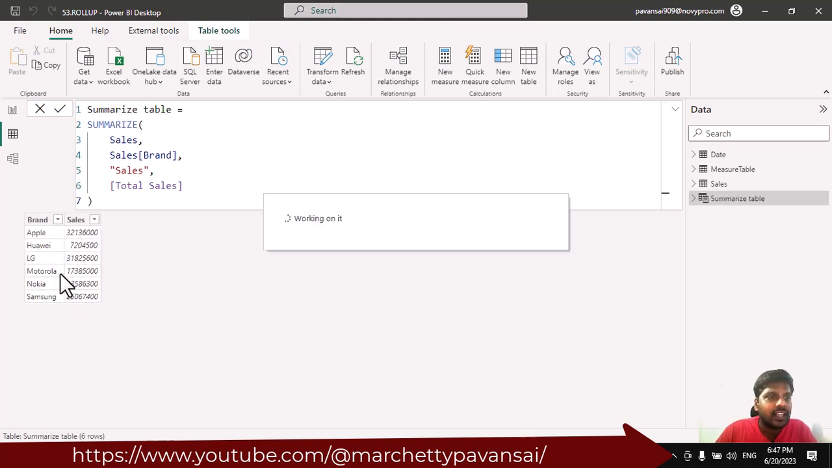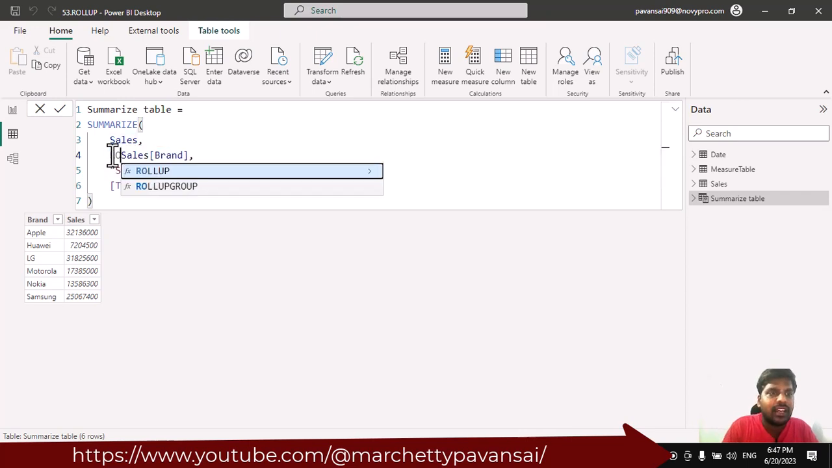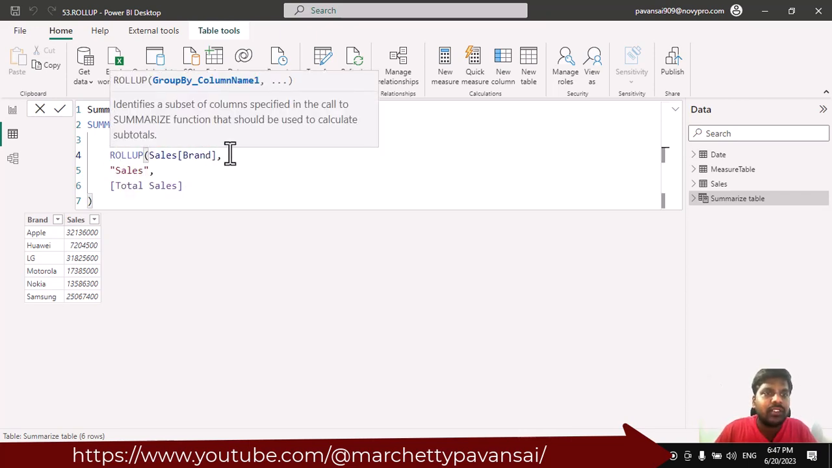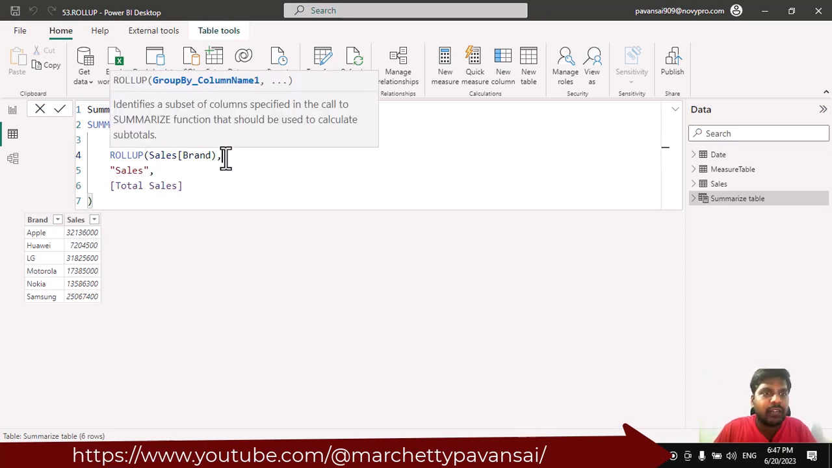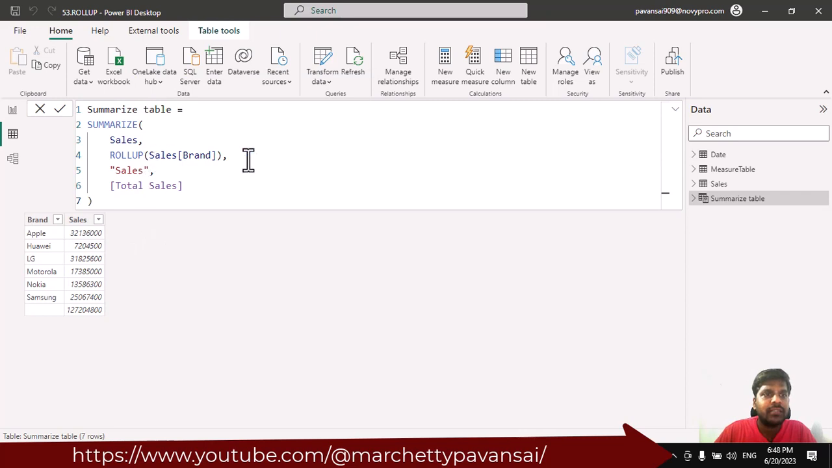Here you could notice that I have got the summarization by brand and I have got the respective sales. Okay, suppose that I want a subtotal where I want the total of all sales. What I could do is enclose the brand within the rollup function. I'll write rollup and enclose the brand column within the rollup function, close the parenthesis and put a comma. Once you enclose the sales brand column within the rollup function, you could notice that a